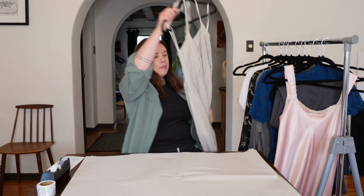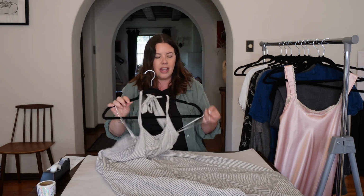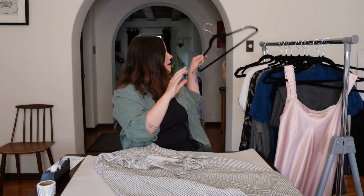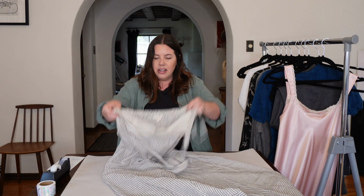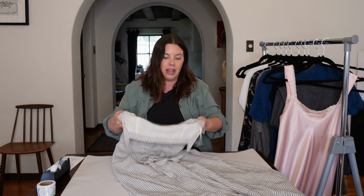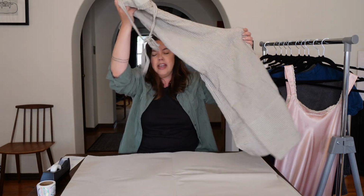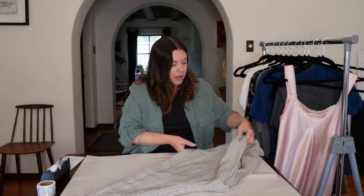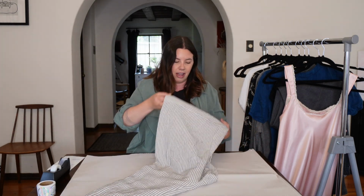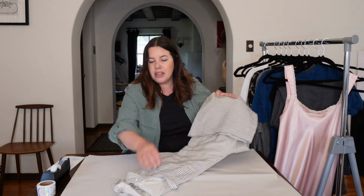Next up is this absolutely adorable linen blend jumpsuit. This is from a brand called Grade and Gather, which is a boutique brand. It's got a smocked back, it's a halter top, and it's got wide cropped legs. It is so cute. Now, this is definitely a classic case of something that I picked up for the style. I just love linen for the summer. This is a linen cotton blend, but this is definitely something that I knew would sell just